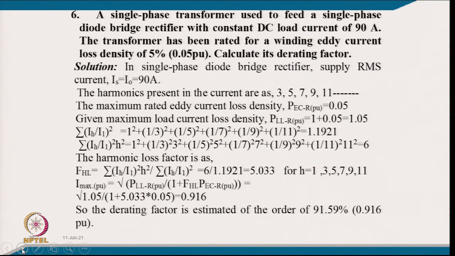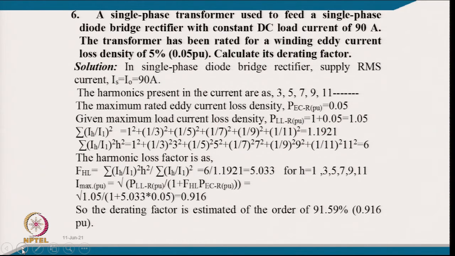So, it means we are typically having a non-sinusoidal current in the transformer. So, the transformer has to be derated, and we have to find out how much the derating of the transformer is. So, in a single phase rectifier the supply RMS current, that is IS equal to I0, is about 90 ampere, and because it is a kind of square wave